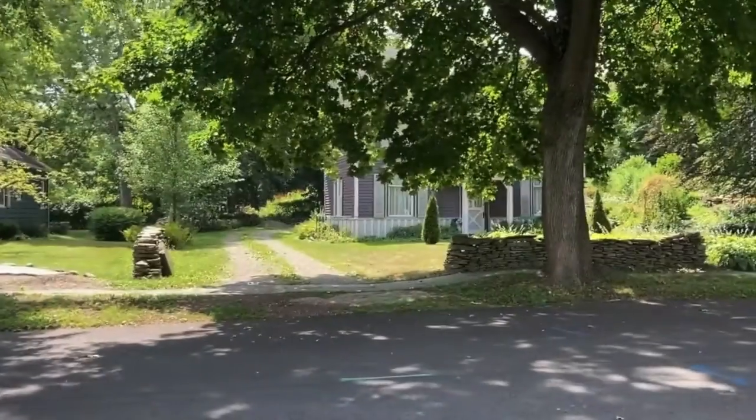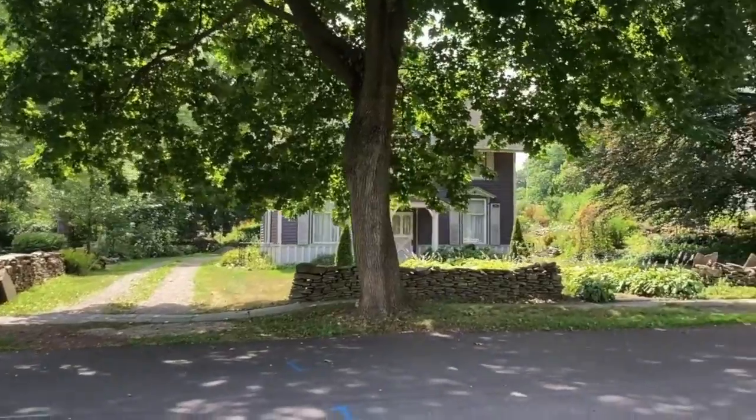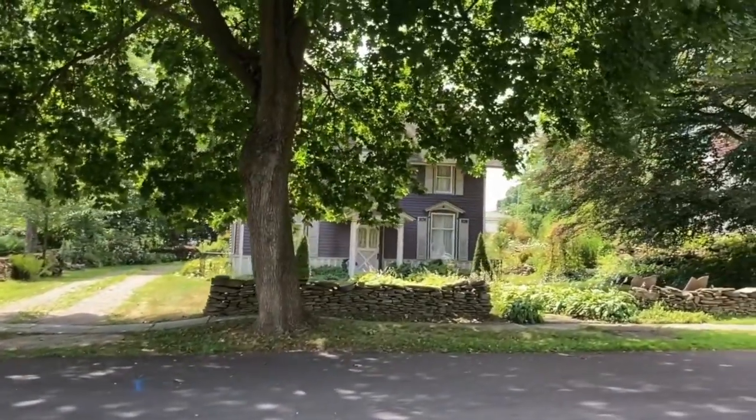Notice our stone fence that separates the lot. Back in the early 1900s, there was some kind of a hedgerow that separated it. This picture is from about 1925. Our lower driveway to the parking area, 9 Athens Street, the former carriage house,